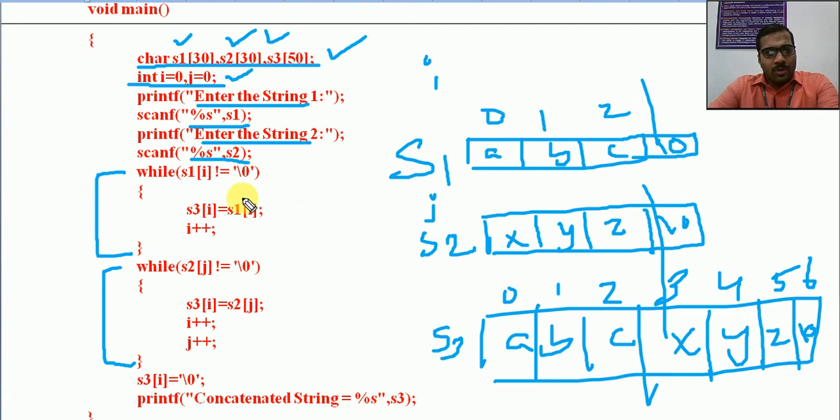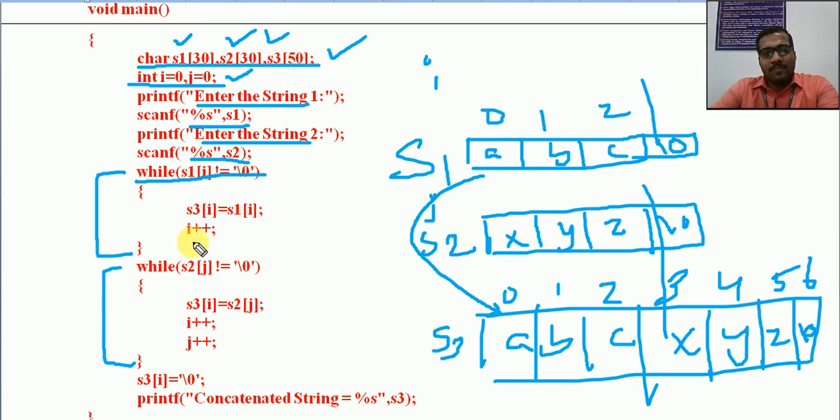So you will see, first we are traversing through the string S1 while S1 of i is not equal to \0. The same condition is used until it reaches here, S3 of i. Initially the i value is 0. S3 of i is equal to S1 of i, so this will be assigned to this location.